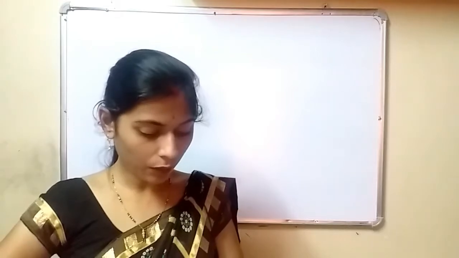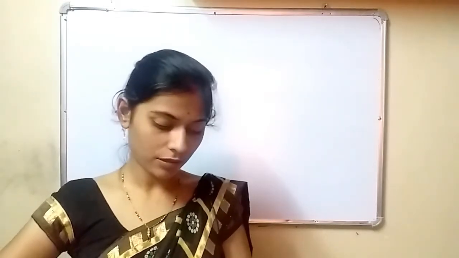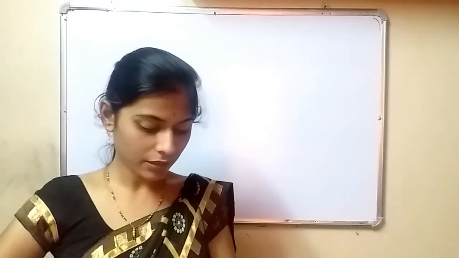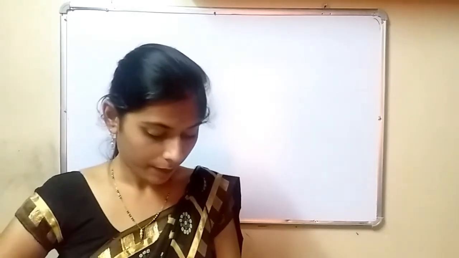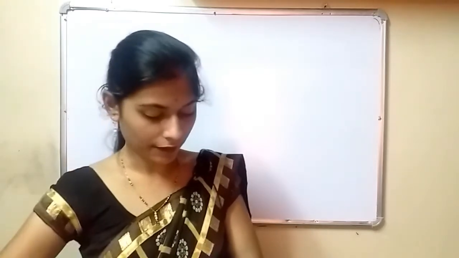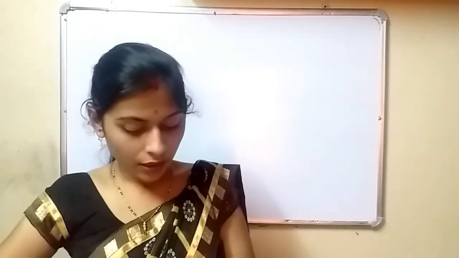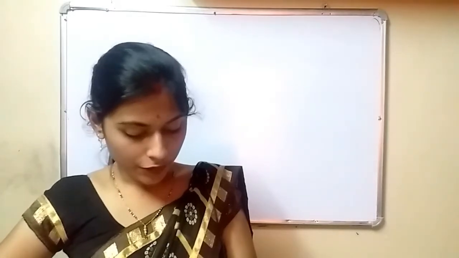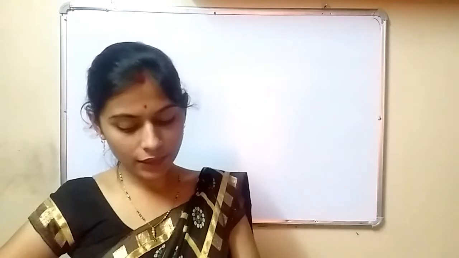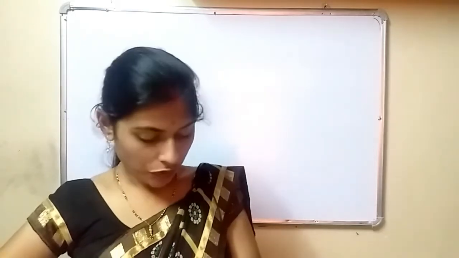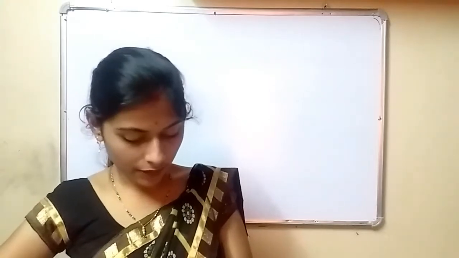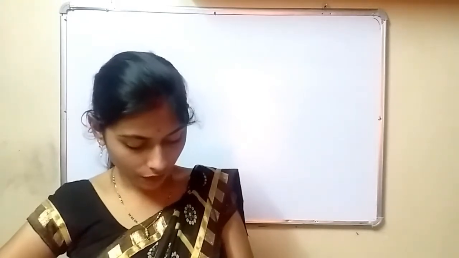3y or 6x are both monomials as they have only one term each, but they are all known as polynomials of the first degree. This is because all the unknown terms in the expressions possess an index or power of 1. Similarly 2a square plus a minus 5, 3x square plus 1, 4m square are all polynomials of the second degree, as there is at least one unknown variable in each of them with the highest power as 2. The term with the highest power in a polynomial decides the degree of the polynomial.